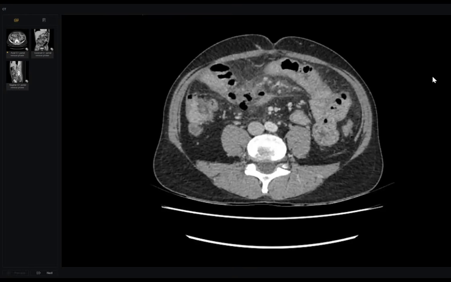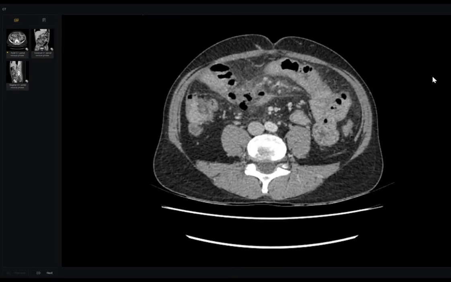There is no free air appreciated, but I will confirm on the lung window. There is no free fluid appreciated. Rest of the visualized structures are normal. Urinary bladder is partially distended with Foley's catheter in place. So, in conclusion, it's likely an